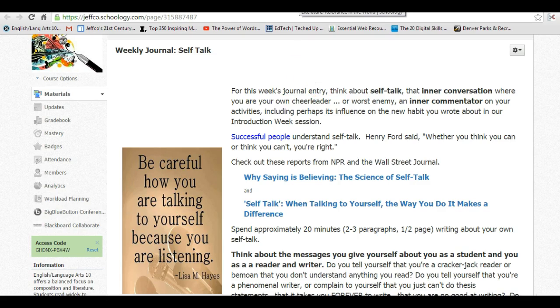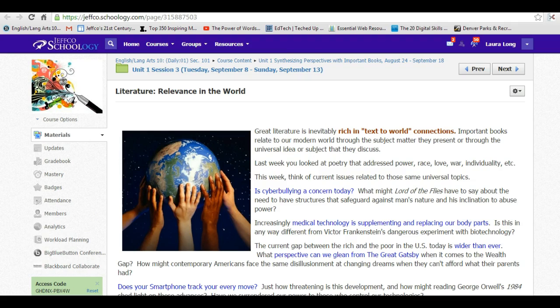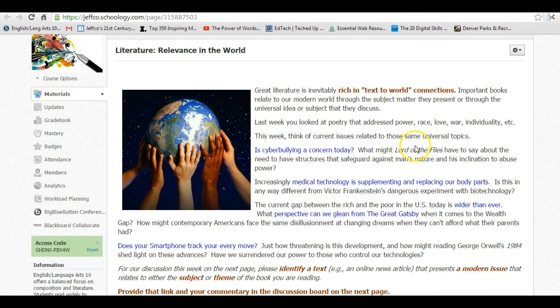Your third assignment is to take a look at the book that you're reading as a piece of literature that relates to our real world. So, for example, some of you are reading Lord of the Flies, which deals with bullying. Well, in our world today, cyberbullying is still a concern. So what can we learn from this piece of literature that's written 70 years ago or 60 years ago about